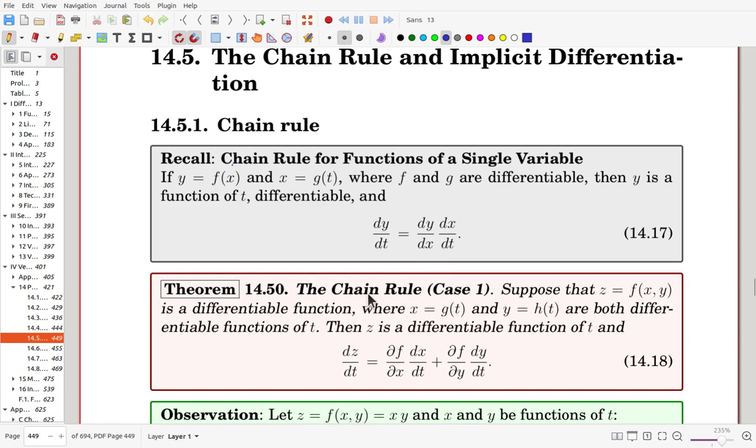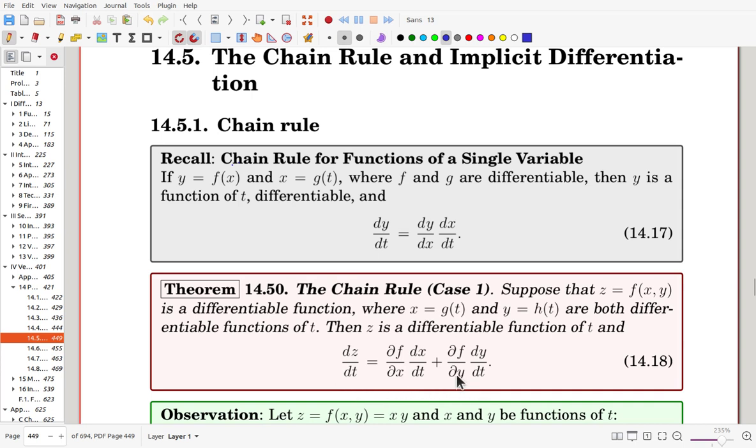The chain rule, case 1. Suppose that z equals f of x, y is a differentiable function where x is g of t and y is h of t. X and y are functions of t and they are both differentiable. Then z is a differentiable function of t and its derivative with respect to t can be computed by using